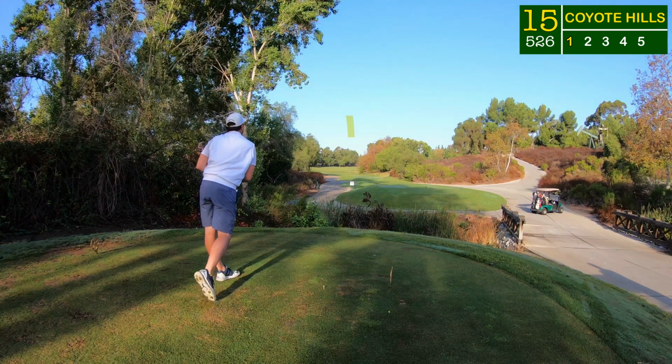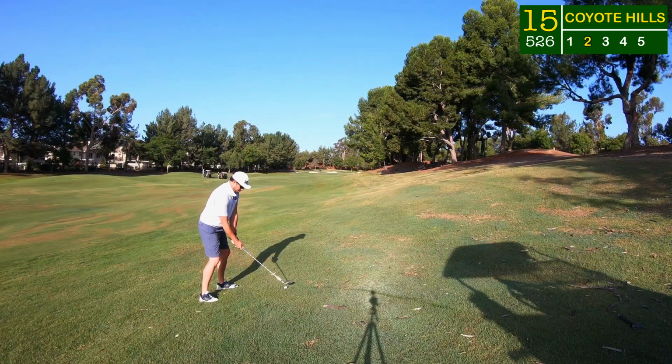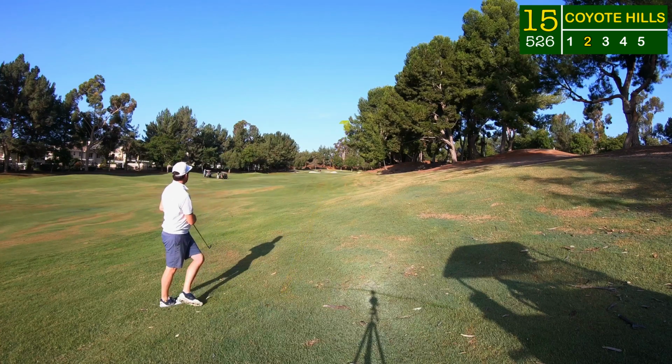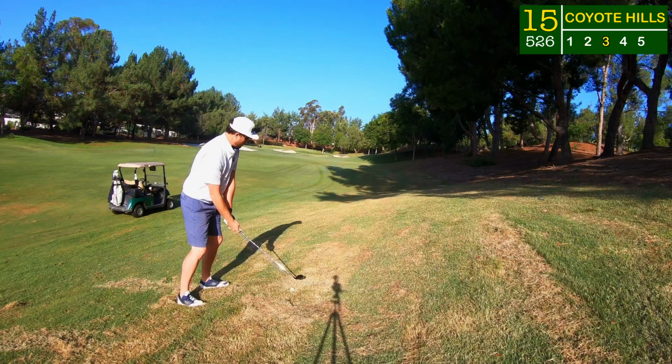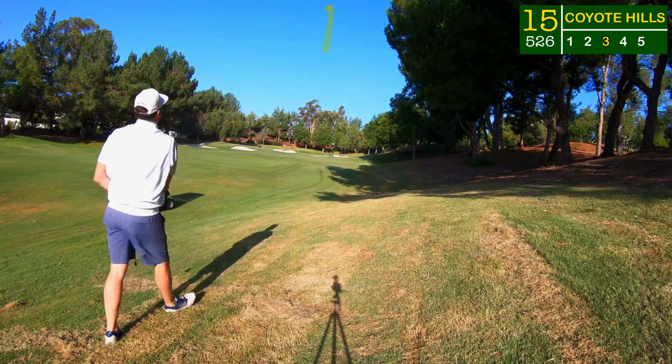Finally got the cut to go right, and it just went too far to the right, up on top of this hill and in the thick stuff. Did not get a good club on that. A fat 4-iron off the hill. I don't know why I tried to hit a 4-iron. Should have hit a 7-iron down into the middle of the fairway,